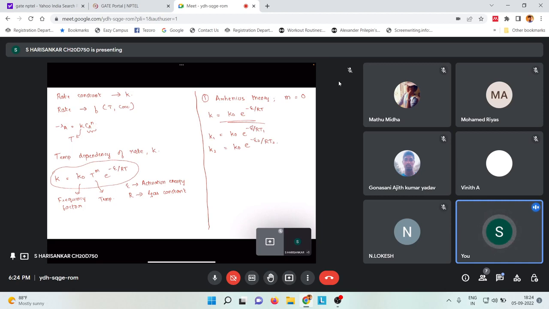So if we divide these two, k1 by k2 will be equal to k0 will get cancelled, e raised to minus E1 by RT1 minus of minus E2 by RT2. Okay, we can take log of this, and if we take the logarithm of this, we'll get,